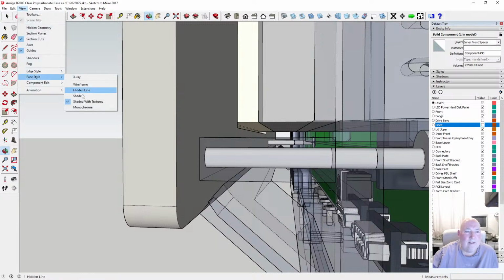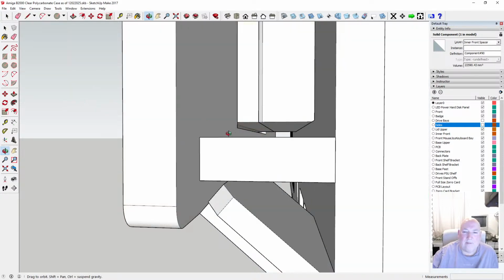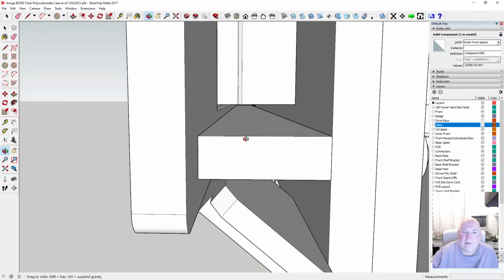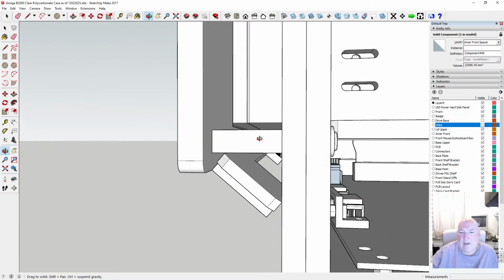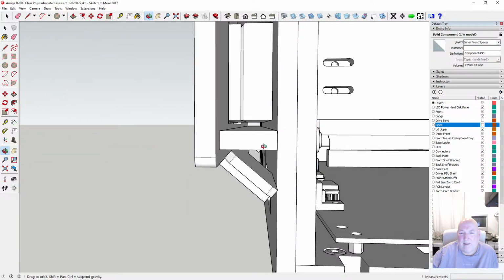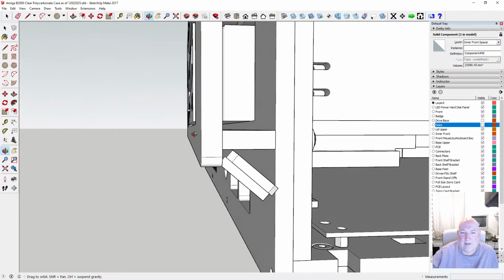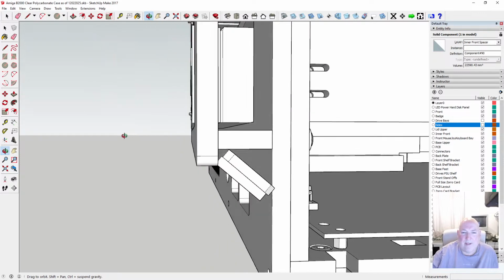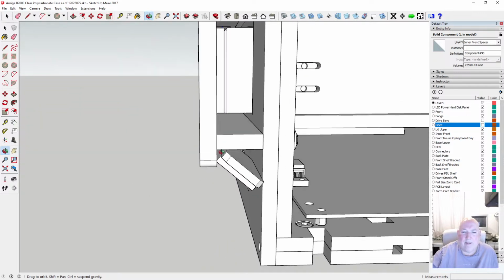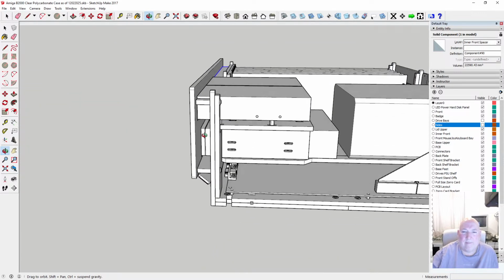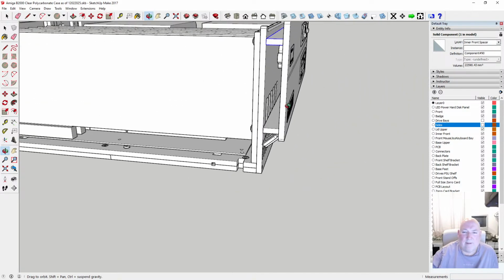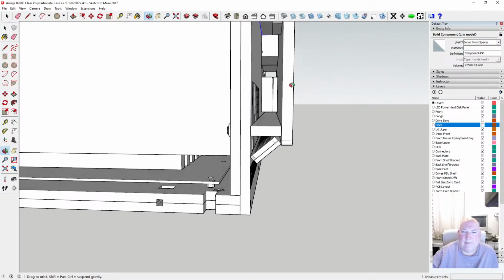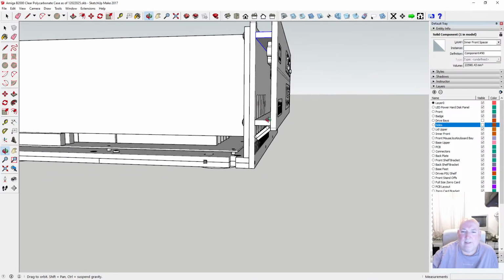So actually let's look at it in monochrome. You can see then there's not enough room to have 2. So the spacer idea, it's basically just to stop this flexing, stop this bending and space it apart correctly. That's what that's for. And give it